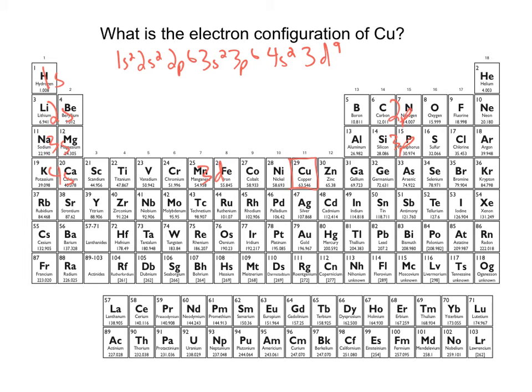But it turns out this is not the electron configuration for copper. And so what happens is if I take one of these electrons from the 4s subshell and I promote it into the 3d subshell, I can end up with a 3d10 and a 4s1, where I went from having a completely filled subshell and one that's neither half filled nor completely filled to, so the actual electron configuration for copper is